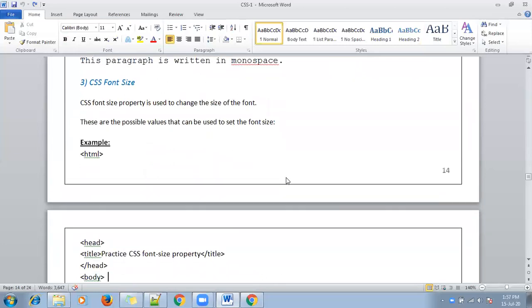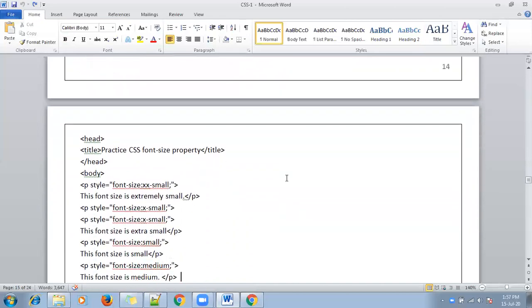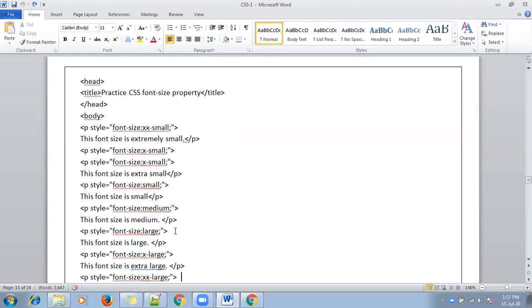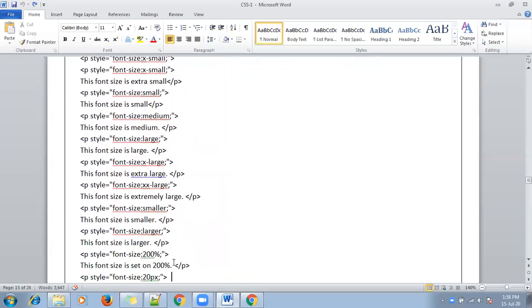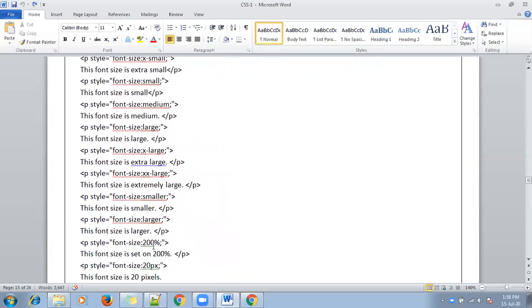We can specify the size of the font by using so many values like xx small, that is extremely small, or x small, that is extra small, or small, or medium, or large, extra large, xx large, or smaller, larger, or you can specify in the form of pixels.